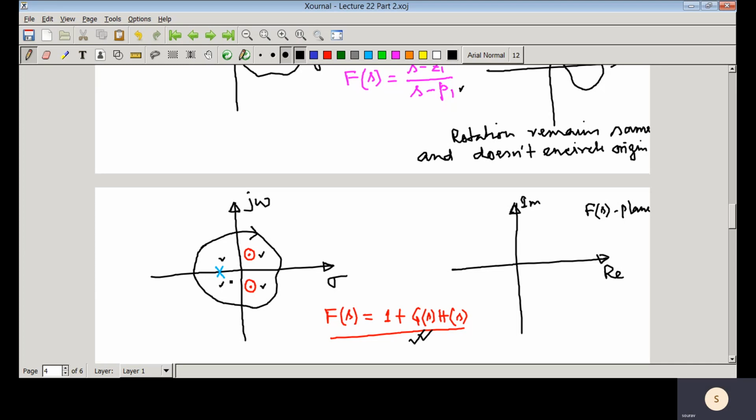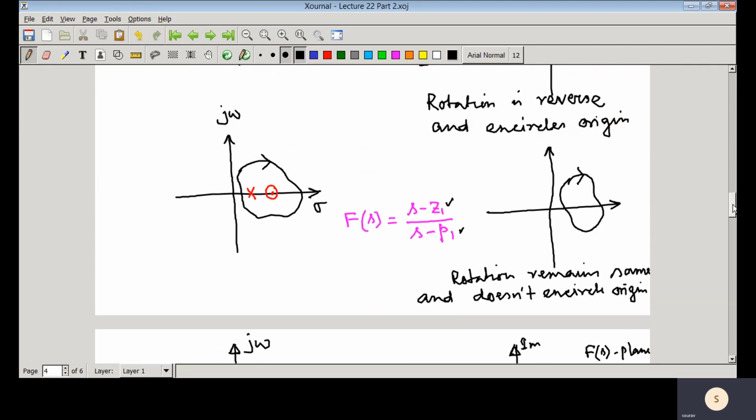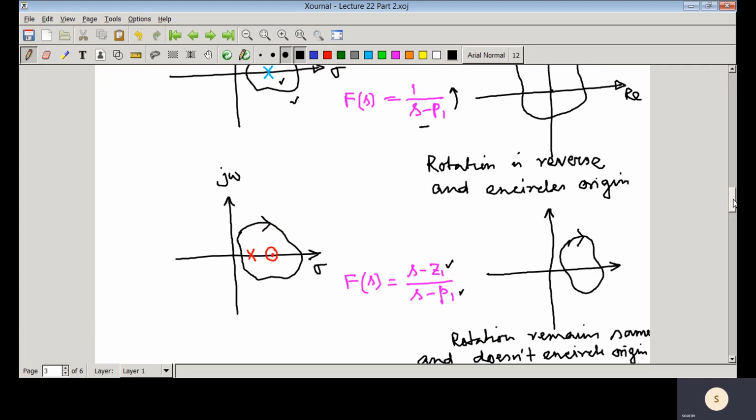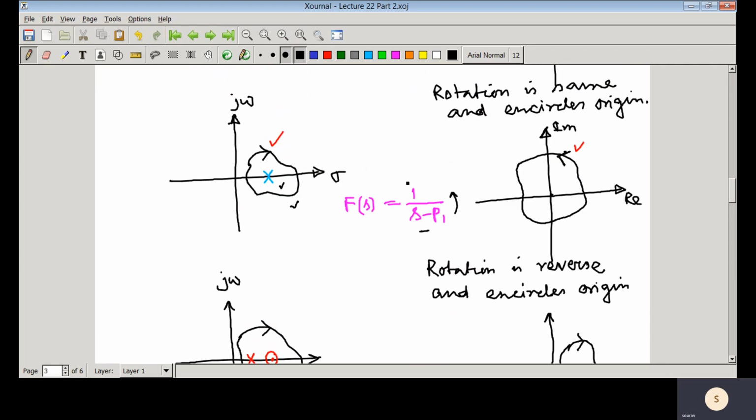So in this particular case you can see that there is one pole inside that contour and two zeros. So one pole and another zero, that means plus 360 minus 360, it would be 0. So 1 plus 360 would be there. So basically that contour, if we map via this particular function, then that contour must encircle the origin. And what would be that rotation? That rotation remains the same, because the rotation is reversed whenever we have an extra pole.